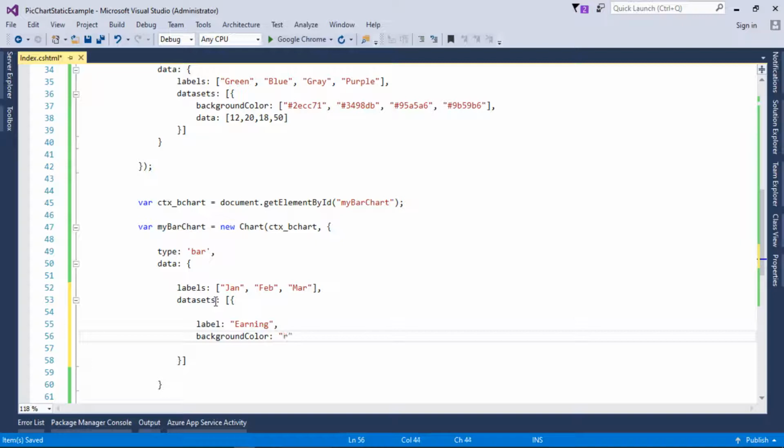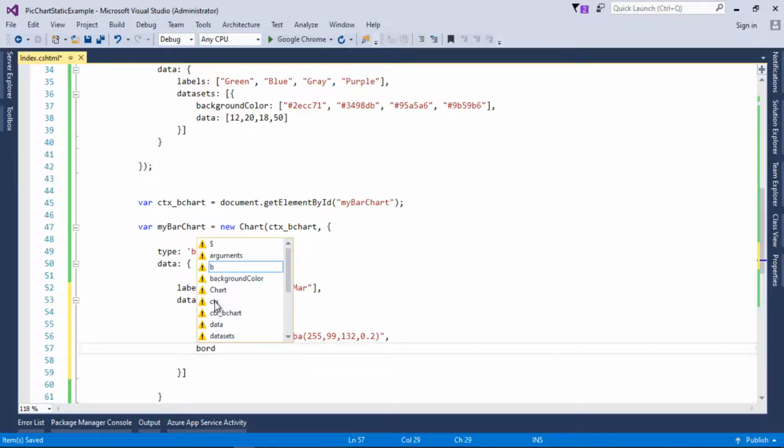Let's say we have rgba, and in this rgba we will type this color value. You can type whatever you want, you can copy it from the internet. I am just typing it randomly.